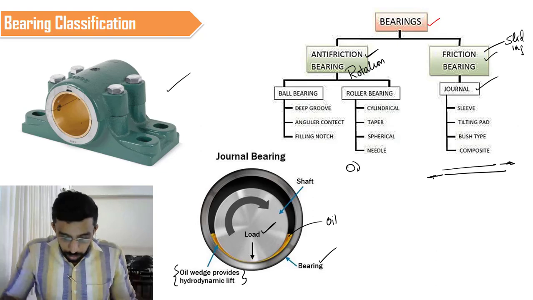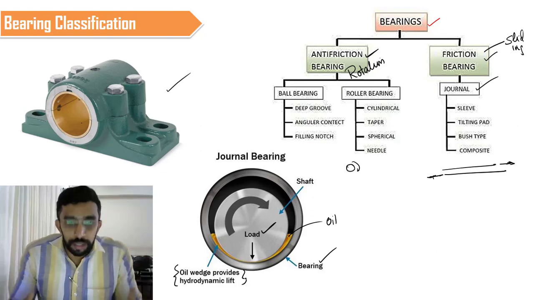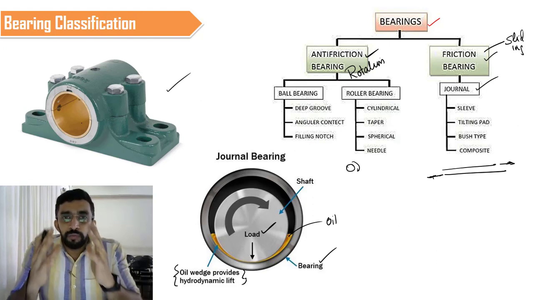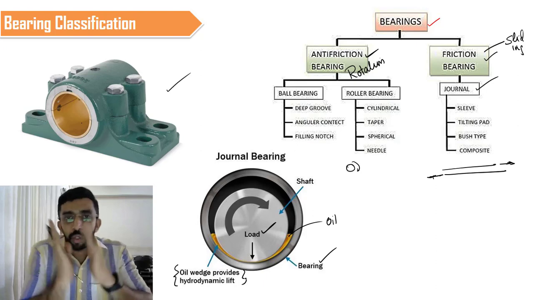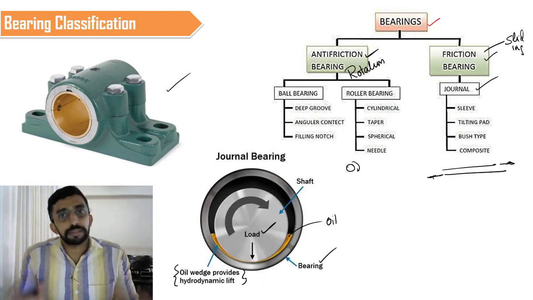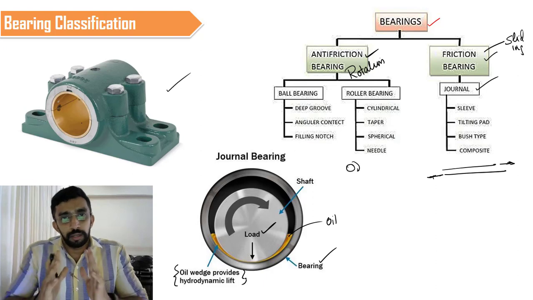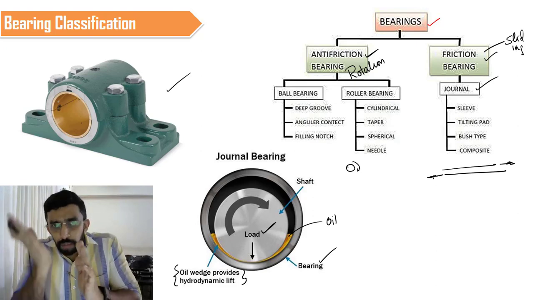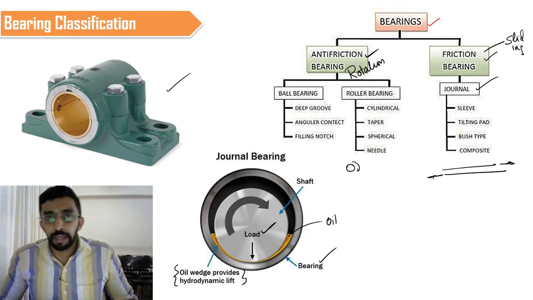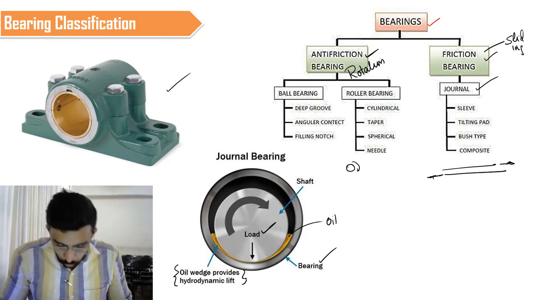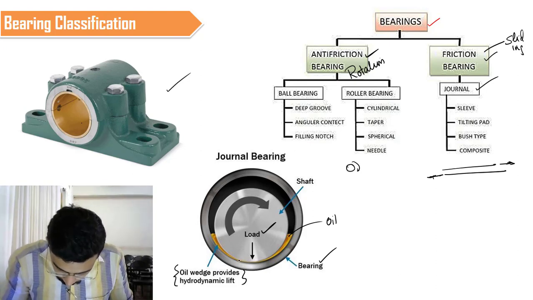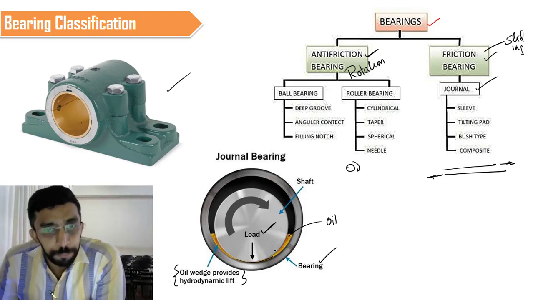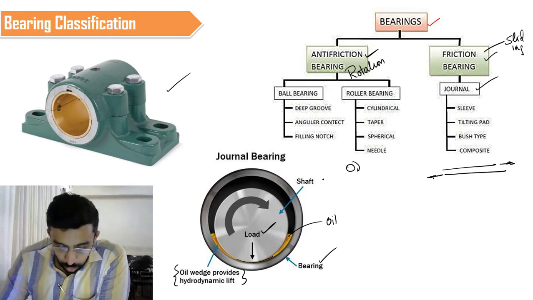But you may wonder why it is called a bearing. The only thing you should keep in your mind is that if you can provide a lubricating layer between two sliding surfaces, that is a bearing. Simply, if you can separate two surfaces by a film of lubricant, that's a bearing. Here also something like that happens. If you look at this figure very closely, a small layer of fluid is there in between the shaft and the bearing, and this shaft is called the journal.